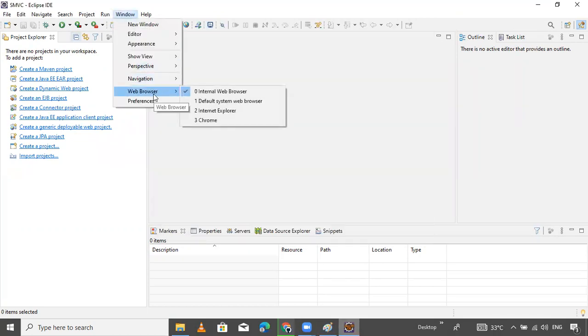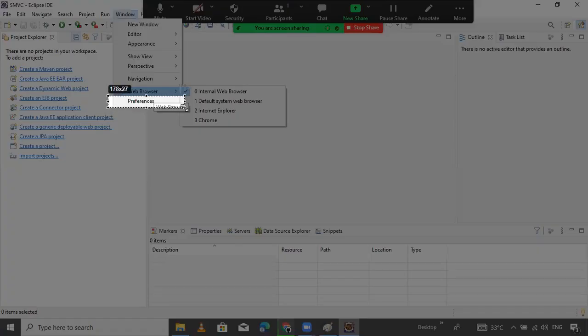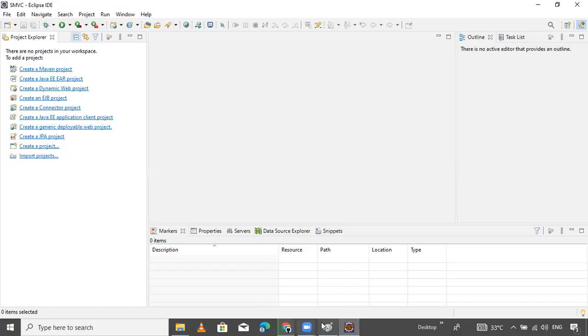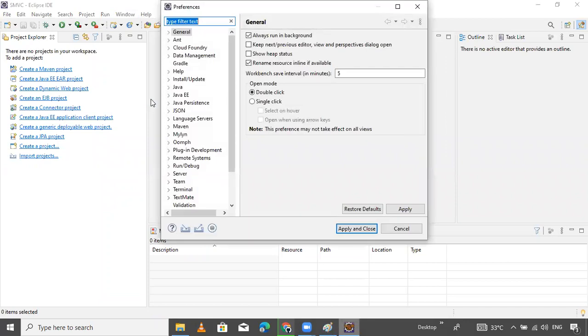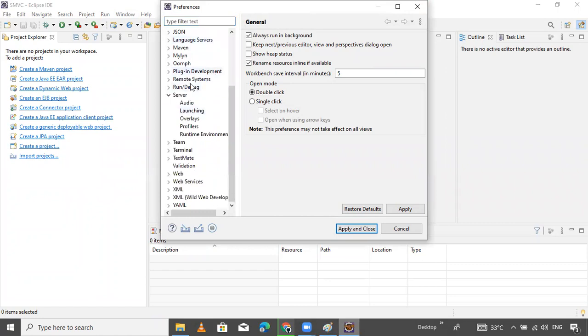Go to Window and open Preferences. After that, in the Window section you will get one Server option. Here you can check Server.